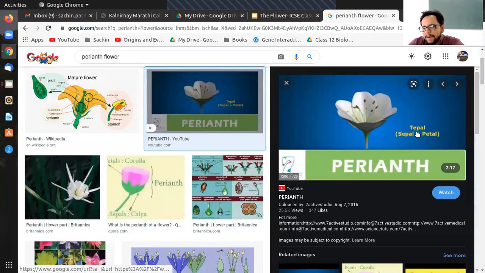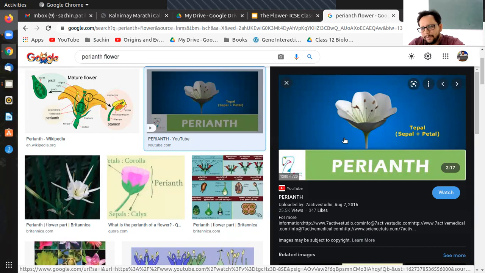So yeah, this is actually a perfect example. Though this is a representative flower, you can imagine the green part as the sepal, and the floral petals are fused together. So you don't actually see green sepals and petals separately. But at the base, you can see a greenish tinge inside the flower. That is actually the sepals being fused with the petals. Sometimes they are also called tepals, but that is not a commonly used term. Perianth is the most commonly used term. So this fusion of sepals as well as petals is known as perianth.